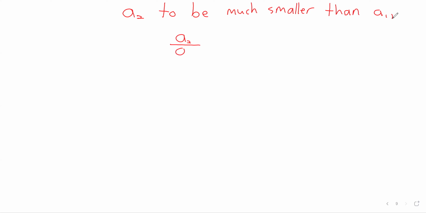Well, if we want, for example, a sub 2 to be much smaller than a sub 1, one way of saying that is that the fraction a sub 2 over a sub 1